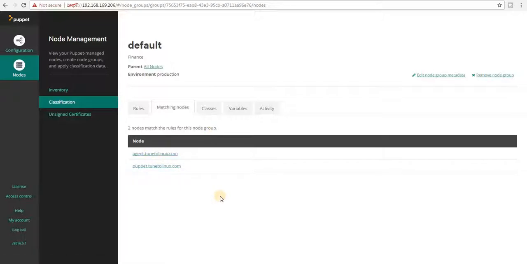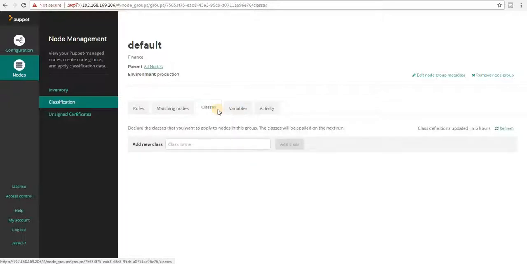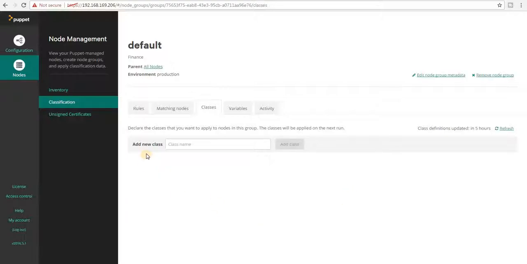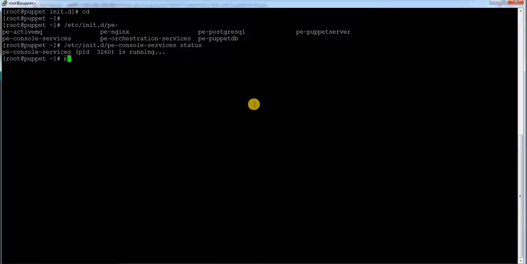And now I wanted to do some changes. I want to do MOTD changes on these two nodes. This is a Puppet master and client. So there I need to go into classes, and in classes you have to click here, and it says MOTD and other classes here. To see those modules and classes, there is a command. If you go here and run puppet module list,